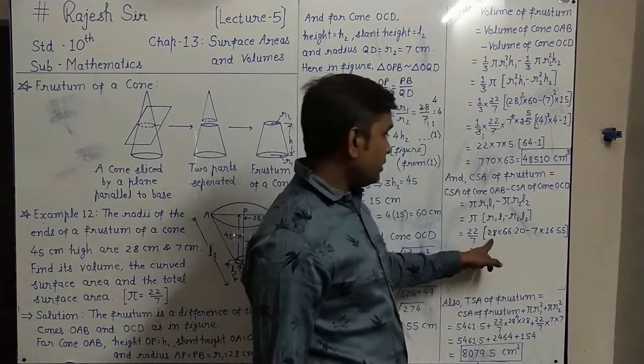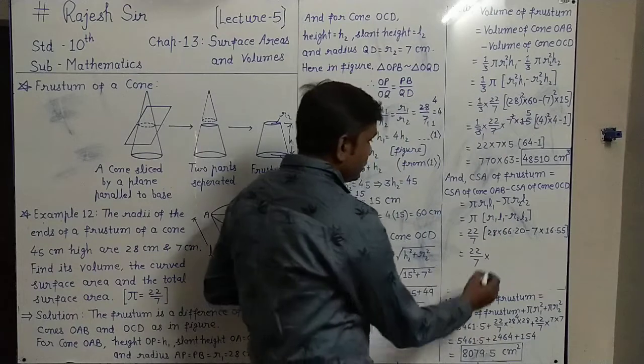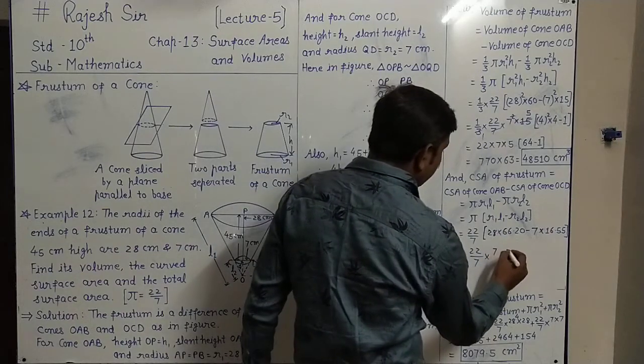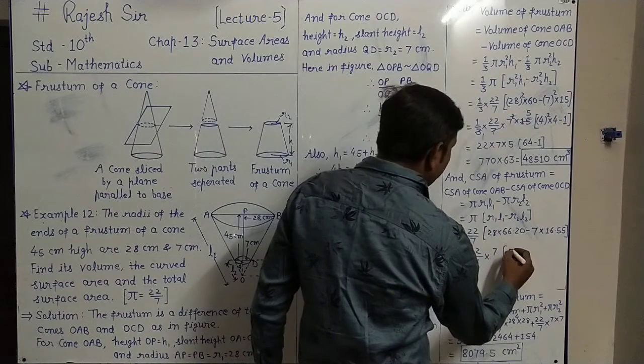In 28, 7 into 4 is remaining, so that 7 is common, and here also 7 is taken common. So in the bracket it is remaining 4 into